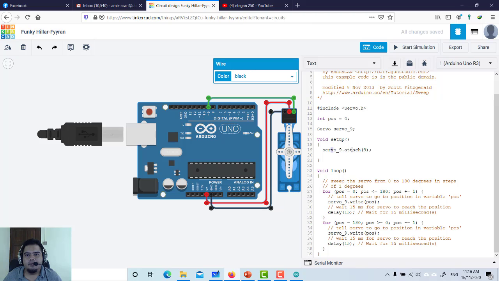Then you can directly apply it, and you can see that the servo is attached to pin number 9, because this is pin number 9. That's why they put 9 there. And then at the looping part here, that is where you can change the position of your servo.